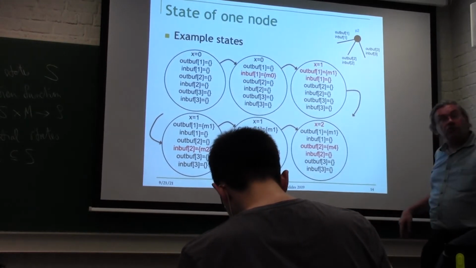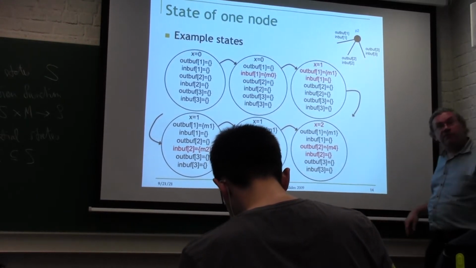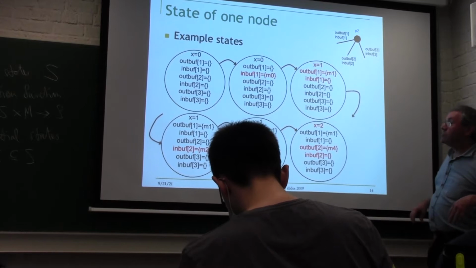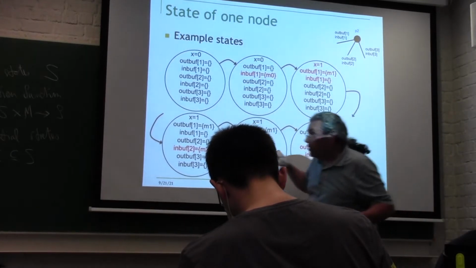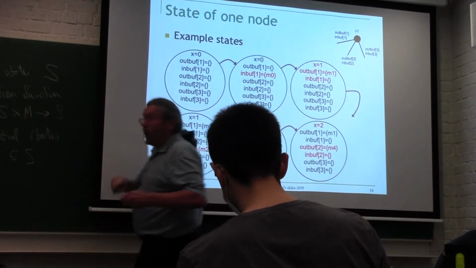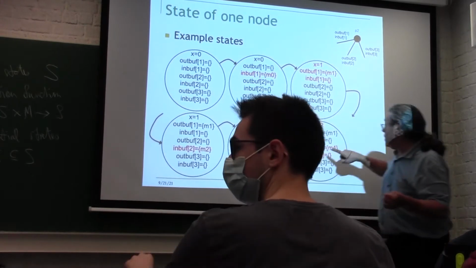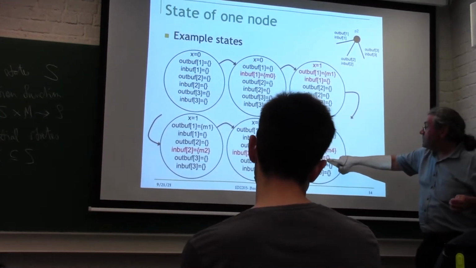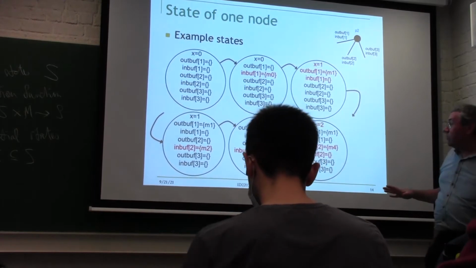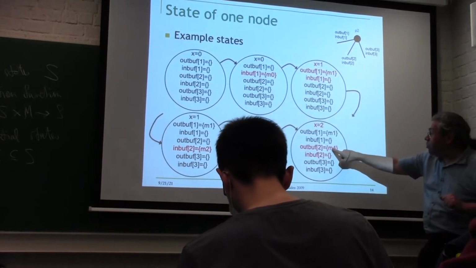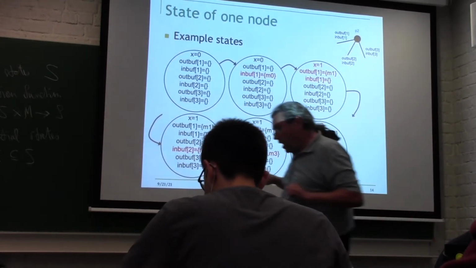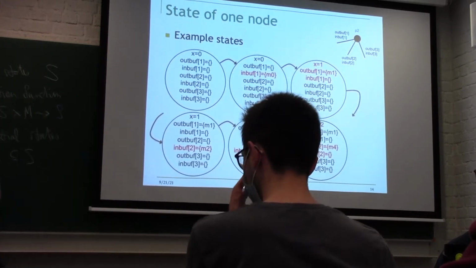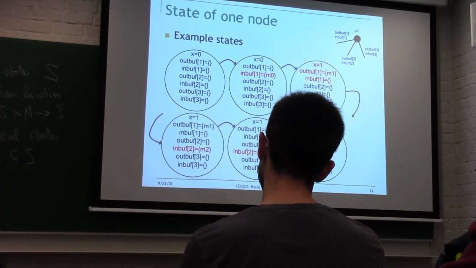Messages magically come in on the inbuffs, and the state transition function knows about that. Then it does something, and maybe it sends another message. So basically, from the node's point of view, sending just means putting the message in the out buffer, and receiving messages, they appear magically. So you see how it works.